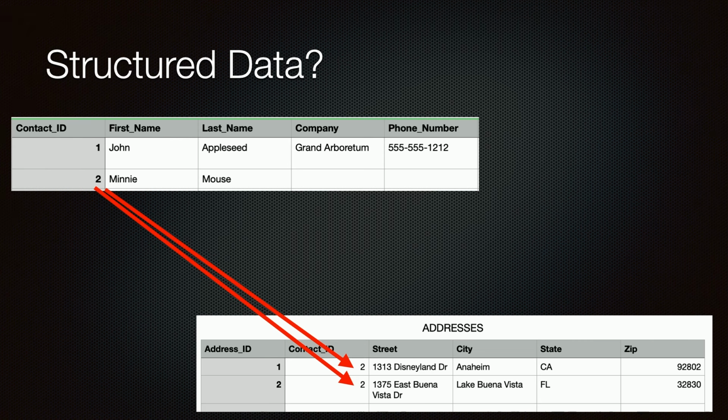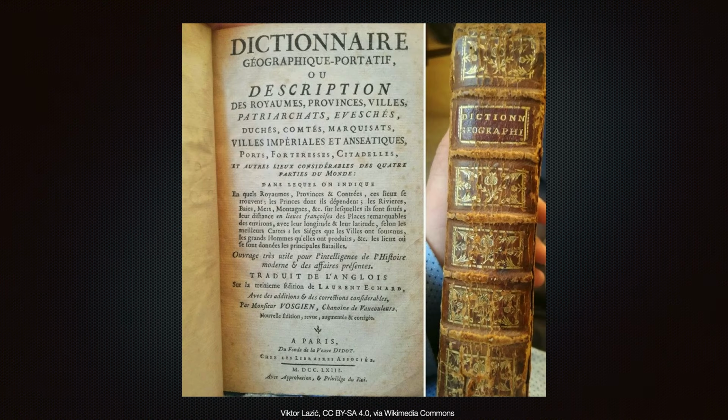You could either be finding a contact, then searching the address table. That's normally how you'd accomplish this with an API. Or you could ask the database to do the combining for you in what's called a join. But that's as far as we're going to go down the database road for now, because there's a data structure you're far more likely to encounter in an API response.